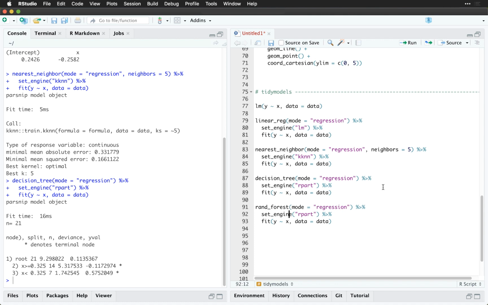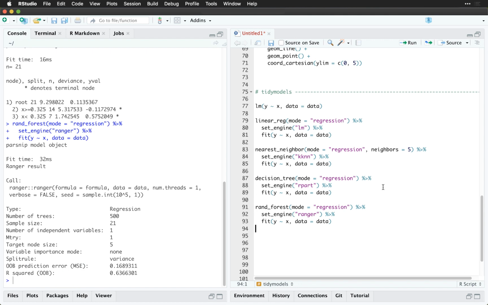Okay, mode is still regression. The engine for random forest is called Ranger. So Ranger has fit our random forest model for us. Notice that the number of trees that it has used is 500. The sample size of the original data set was 21, and there's all sorts of other things in here that